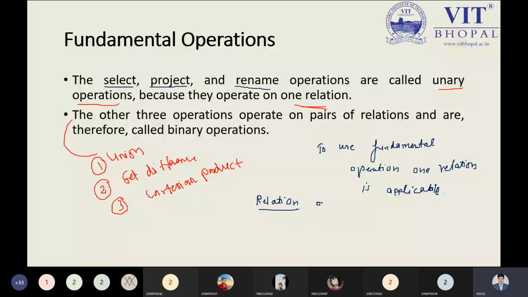If we're talking about the rows, we're talking about the records. So I'm saying a record. In the relational algebra, it is known as a tuple. If I'm talking about the columns or attributes, this is also known as domain. So tuple, domain, all these terms are coming inside the